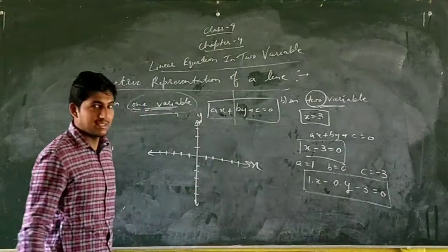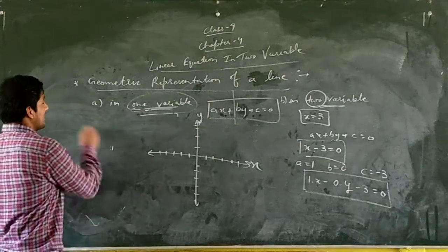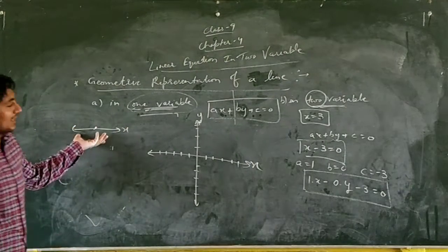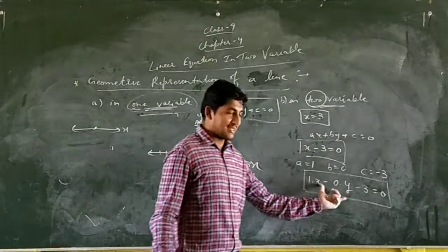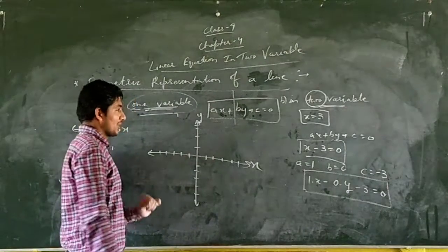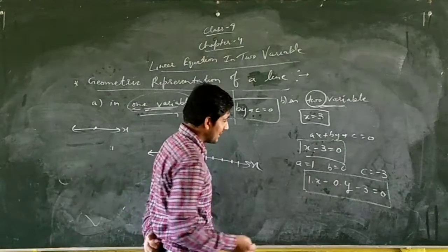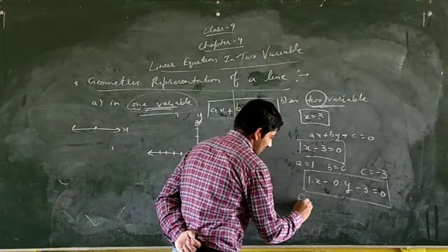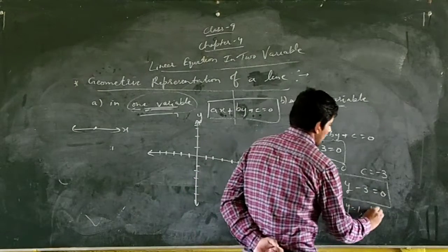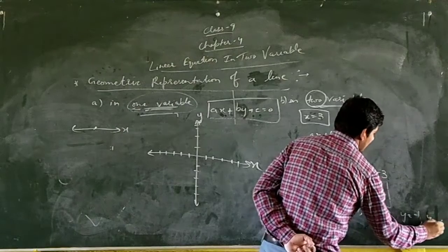Now we have a plane, with two variables. In the previous question, we had only a single variable, and we represented it on a single variable line. Now we have two variables x and y, and we have to represent this line on a plane. So what will we get if we replace different values of y? For y is equal to 0, y is equal to 1, y is equal to 2, or y is equal to minus 1, y is equal to minus 2.